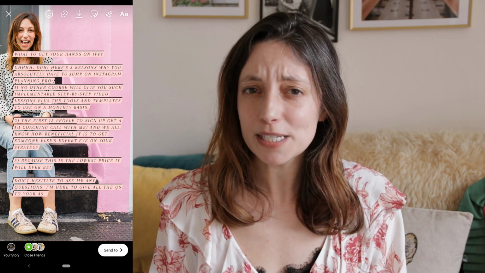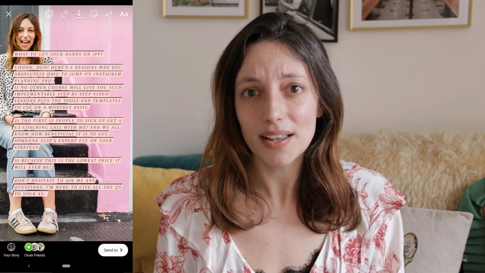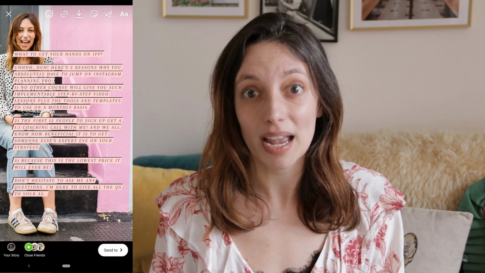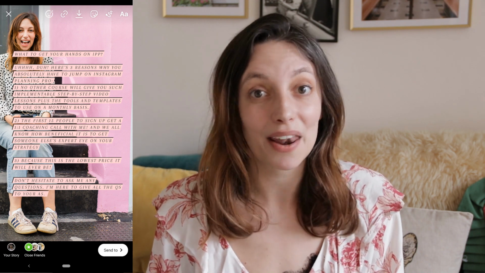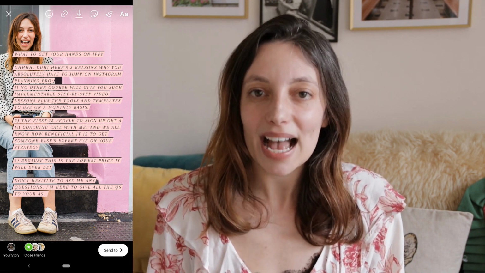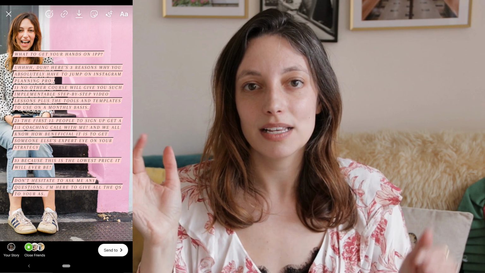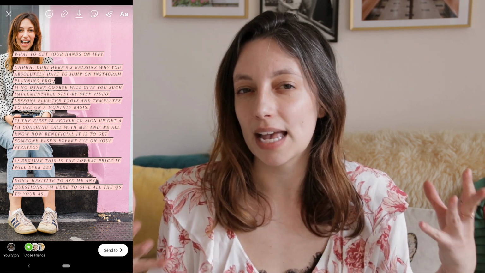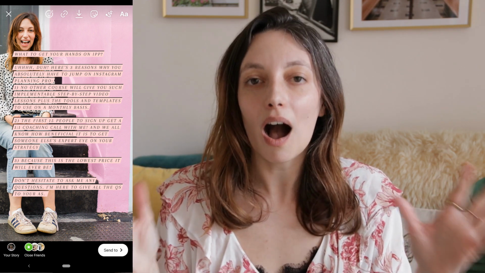And the second part of this mistake is using font that is difficult to read. Now, I'm going to put an example of what I mean on the screen now, and you might be surprised by that. You might think, oh, I've used this font and I like it. I think it's pretty and I can read it. Yes, sometimes when it's only 1 or 2 words that you're using this font with, I think that it's okay